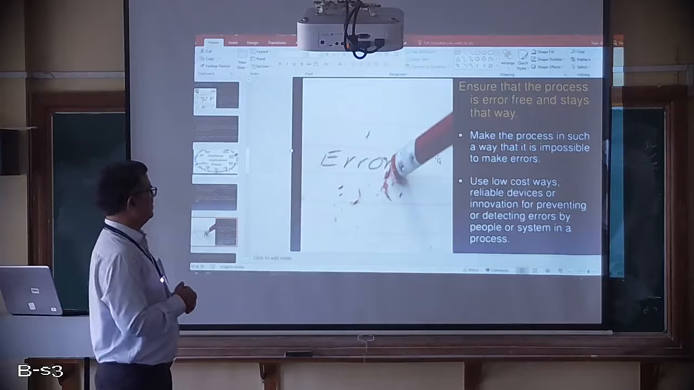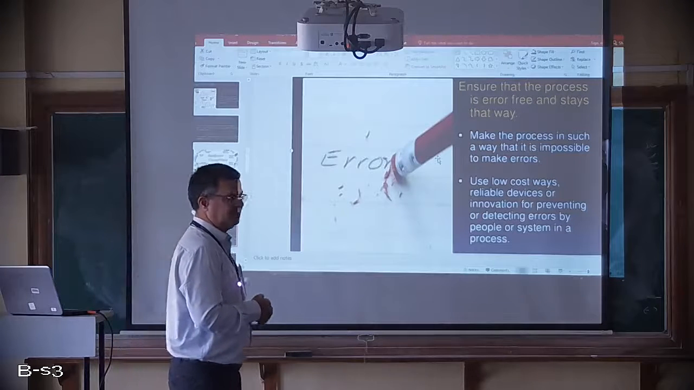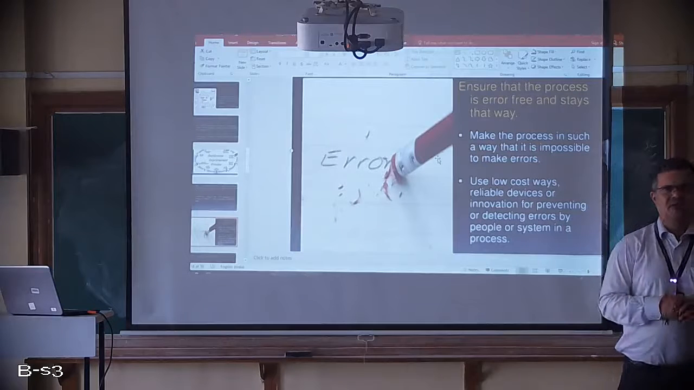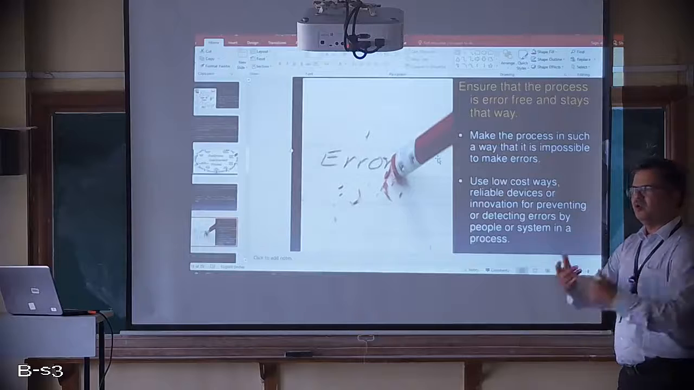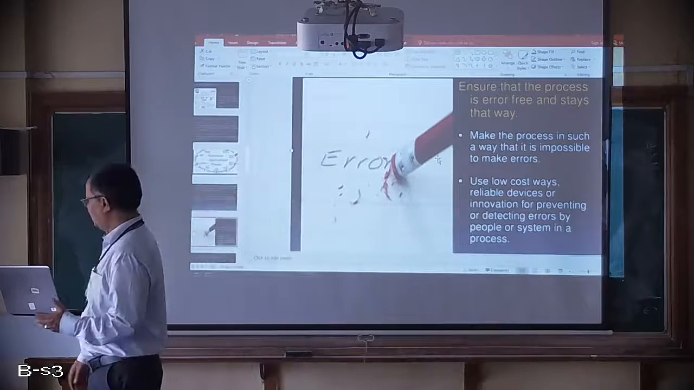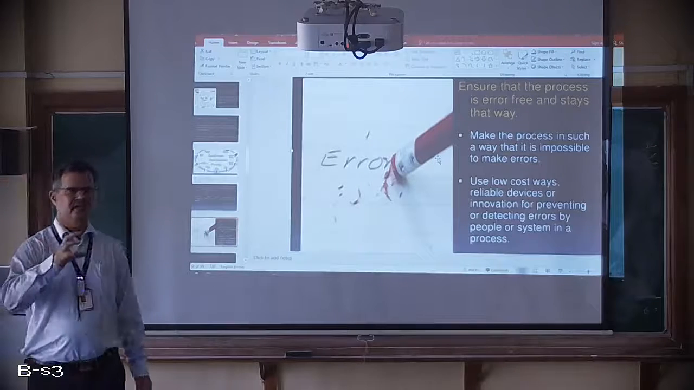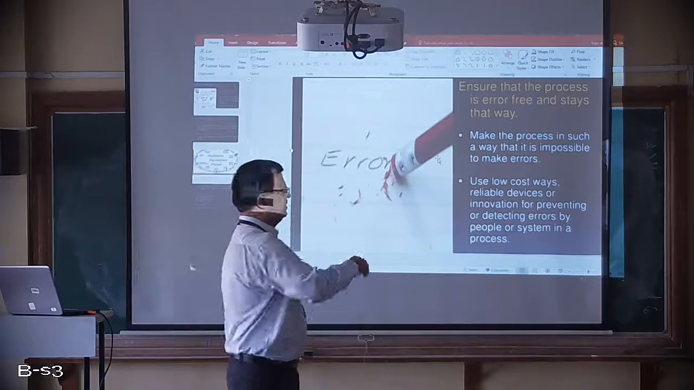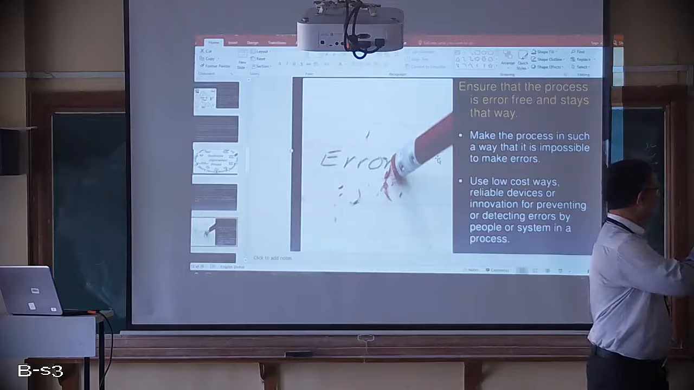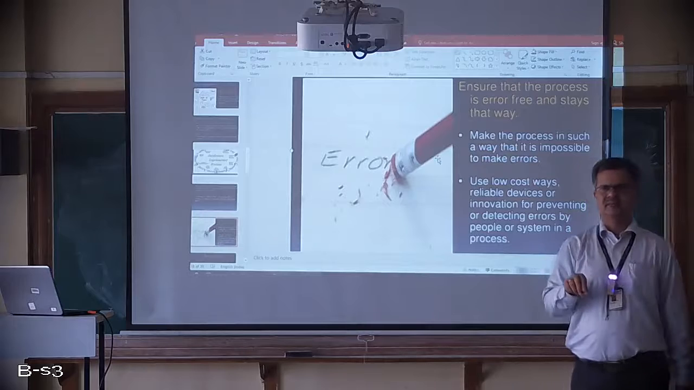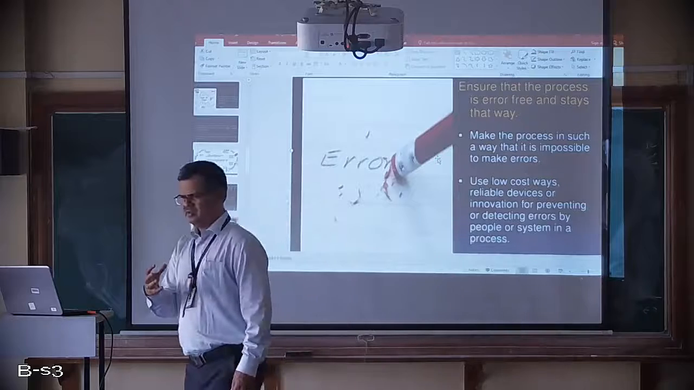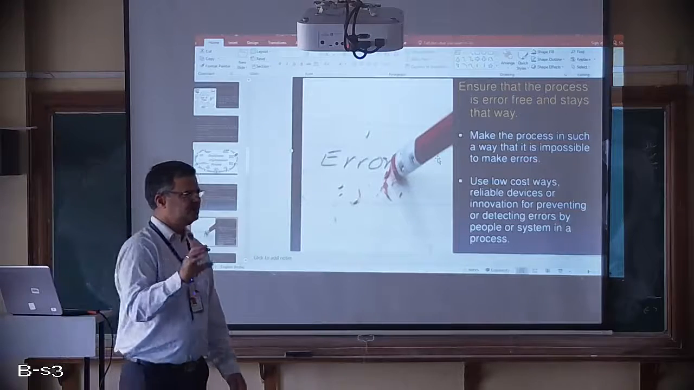Make the process in such a way that it is impossible to make errors. So remember, when the system is made foolproof, even if people try to make errors, it won't allow you to make errors. I'll give a best example. I think you know that traditionally there is a plug for electrical connections. Normally, when you switch on and put the plug in, you get some sparks coming out of the plug, right? That's because it's not foolproof. Nowadays they have made it such that